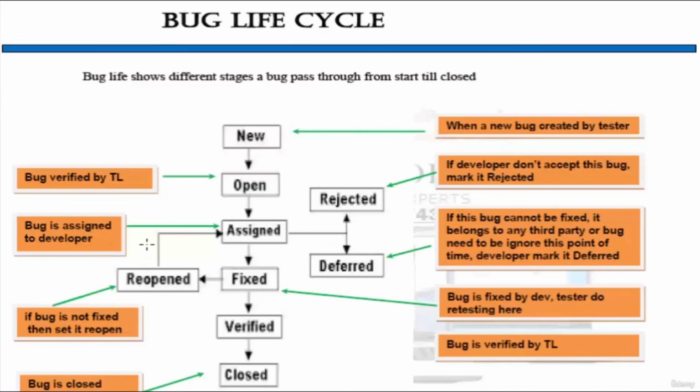So we have reopened that bug with maximum possible information. Now again this bug will go to the developer, assigned to the developer. Again the developer is verifying, looking at my information, but still the developer is not convinced and again rejected my bug. So the second time it is rejected, and you still think this is a valid bug, if I reopen that bug, it will go to the assigned state and then it will be cyclic, like rejected, reopen, rejected, reopen. So the first time the bug is rejected, we reopen it. But the second time, if it is rejected and you are confirmed it's a valid defect, or I'll say valid bug,